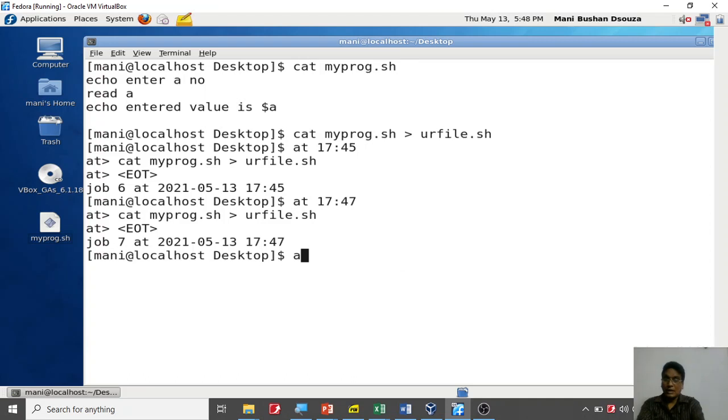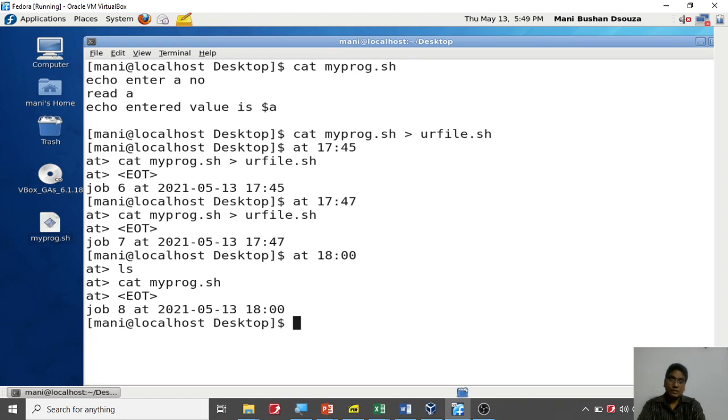So you know that at 18, I want to run the ls command, I want to run a cat command. Cat my prog.sh, two commands are there, and Control D, one job is there.